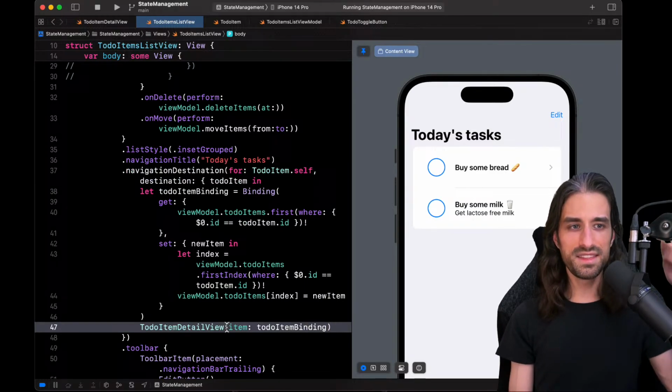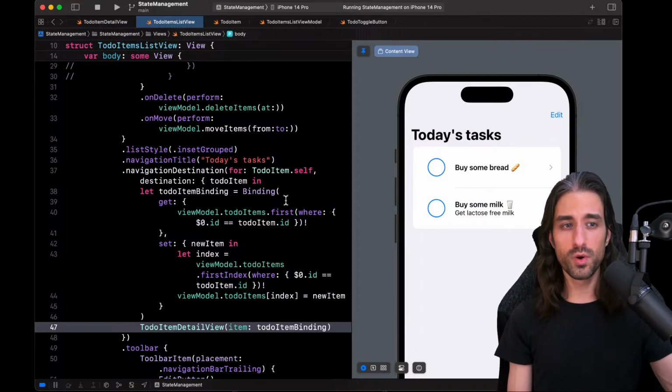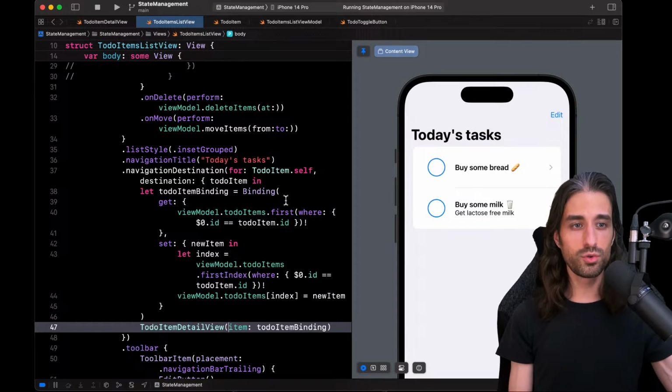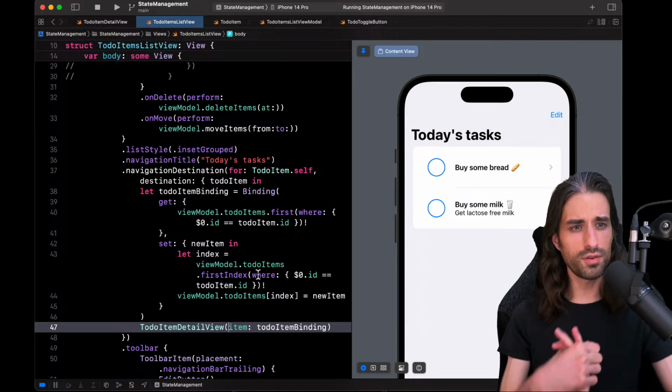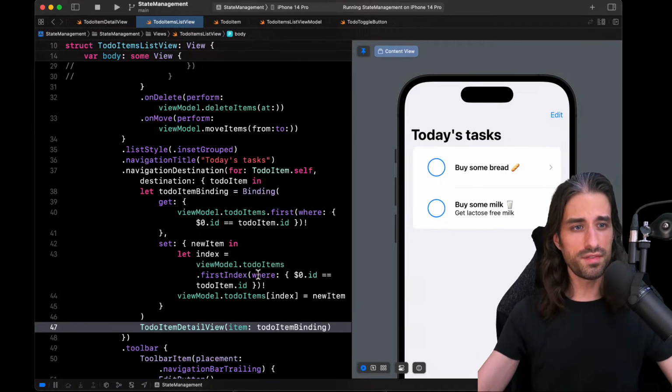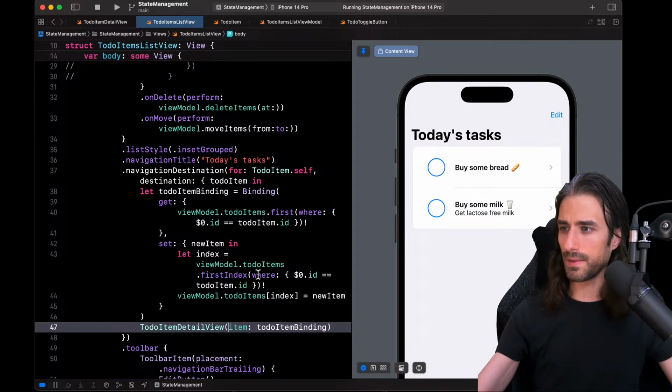And we saw added difficulty when there is a binding. How do we provide a binding to an element of an array when we are only given the elements? We need to create the binding for ourselves and add the logic to look into the array and to update things in the array. Okay, so we've covered the push-pop navigation in SwiftUI, which SwiftUI refers to as navigation.